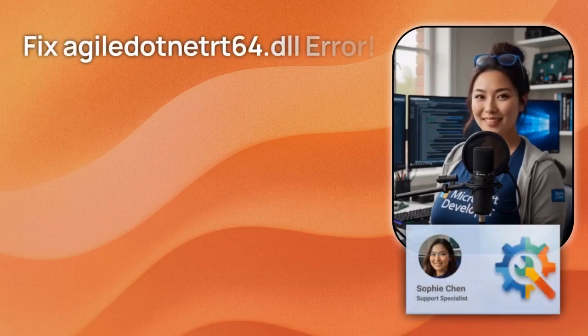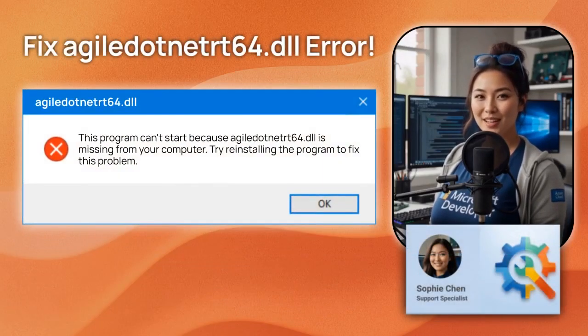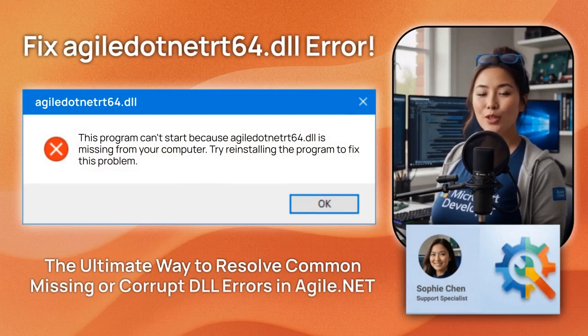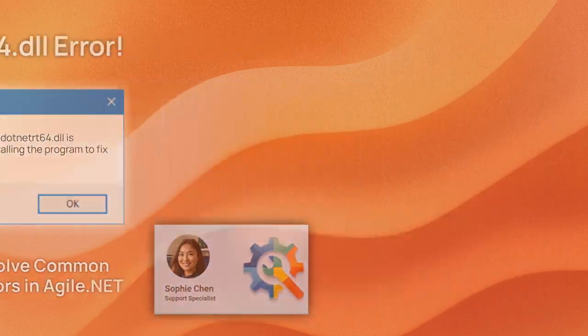Is your external component the agiledotnetrt64.dll not found? I'm Sophie Chen, a Windows support engineer. I'm here to help you re-establish agile.net links. Get the professional